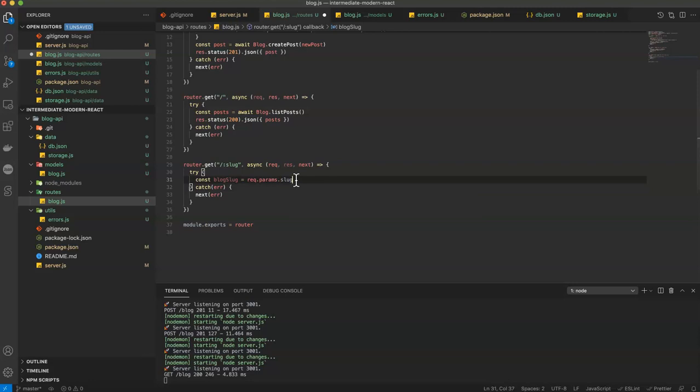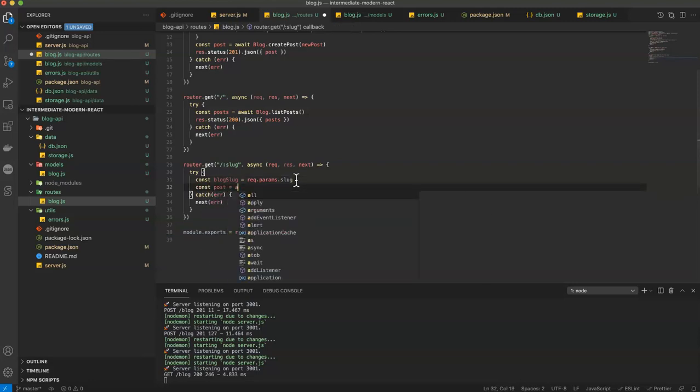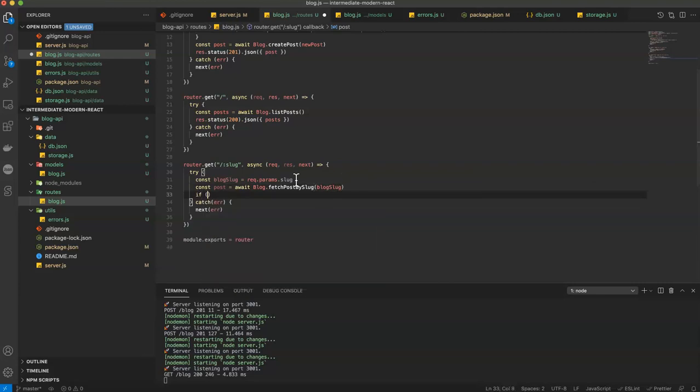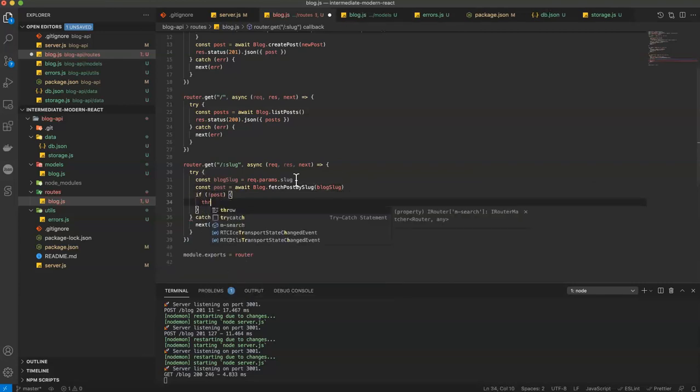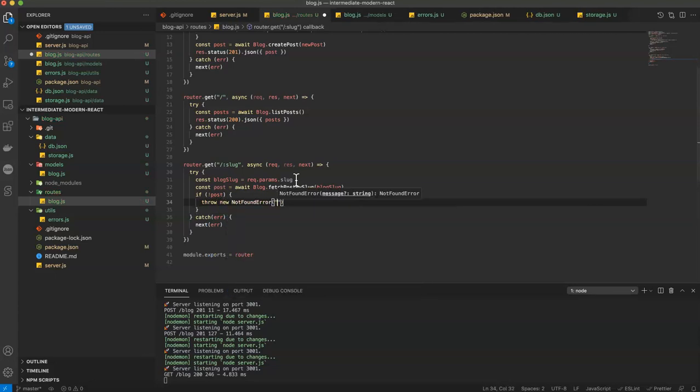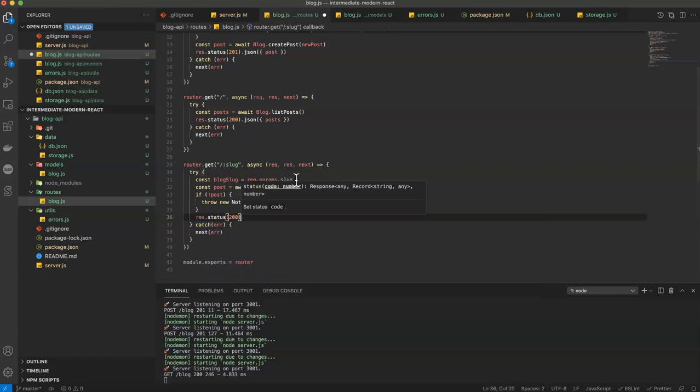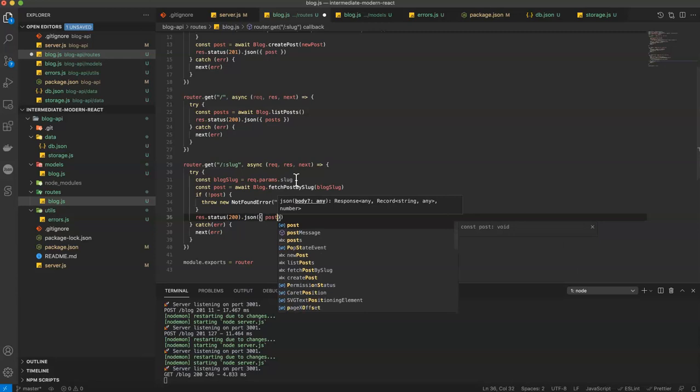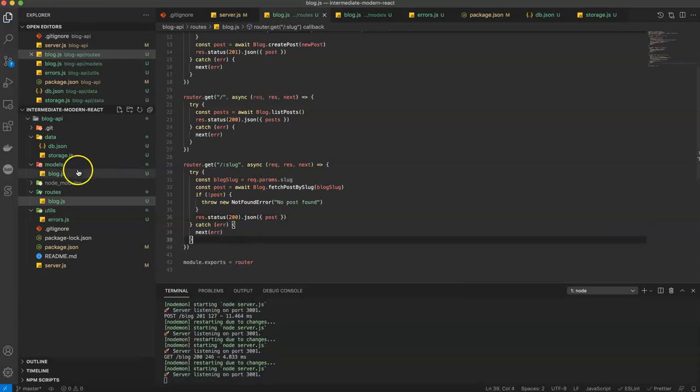And then we will take that slug and we will get the post, fetchPostBySlug. We will send it to our model. And then if it doesn't exist, if no post, we will throw a new NotFoundError with "No post found". And then if it is found, we will say res.status(200).json and we will send that post. And so then in our model,